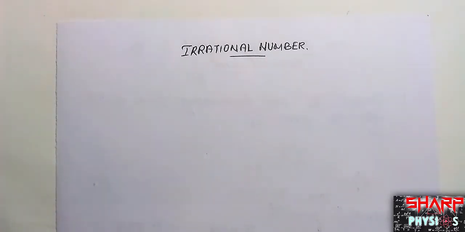I hope you have seen in the previous class videos the long division method, and how to go from the decimal to the rational number and back from the rational number to the decimal number, for finite and non-finite terminating decimal numbers. Today we will be seeing about the irrational number. In the previous class you saw about the rational number. Now we will be seeing about the irrational number.